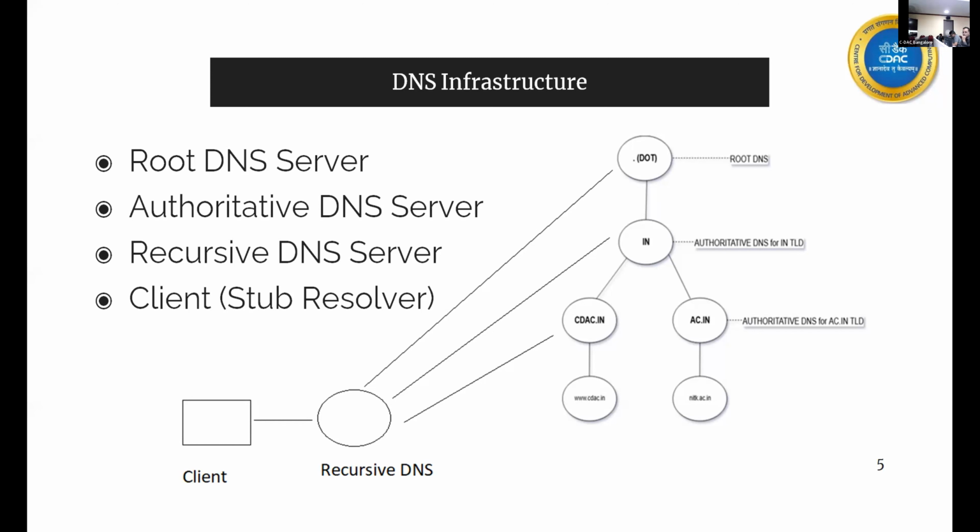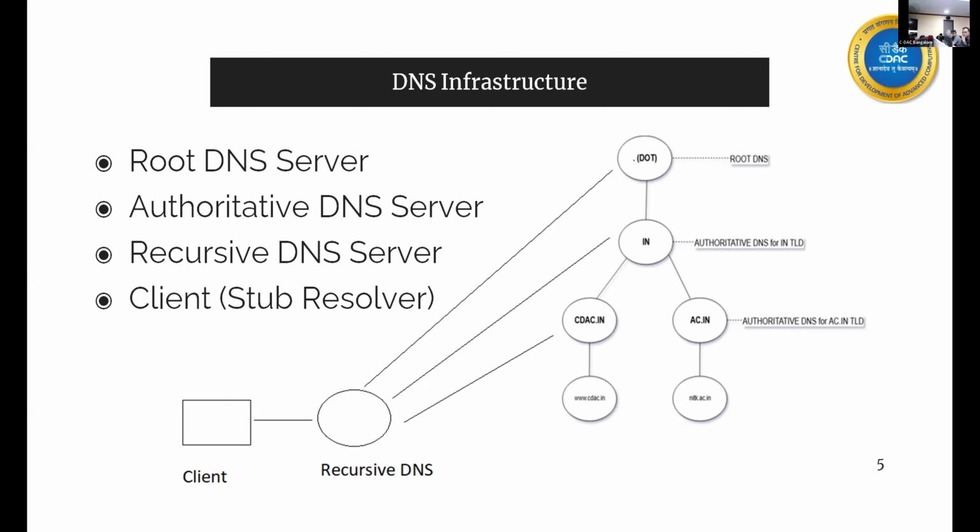Who will get to know? The client will get to know. Now, what is happening? How will the client know the IP address of this particular domain name or URL? The client will send a DNS query to your local DNS server. Your ISP may have provided one DNS server to you. So that query will be sent to your local DNS server, which is actually called a recursive DNS server, right? We are sending a DNS query saying please tell me the IP address for this particular domain.